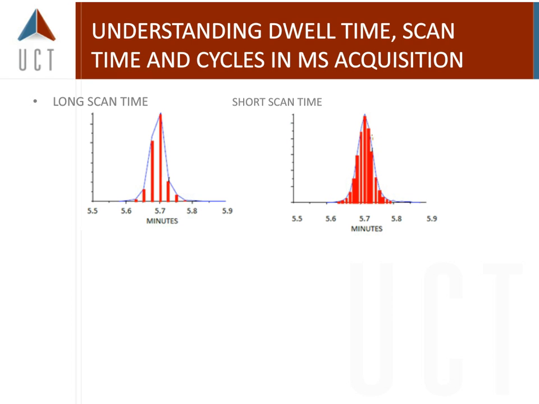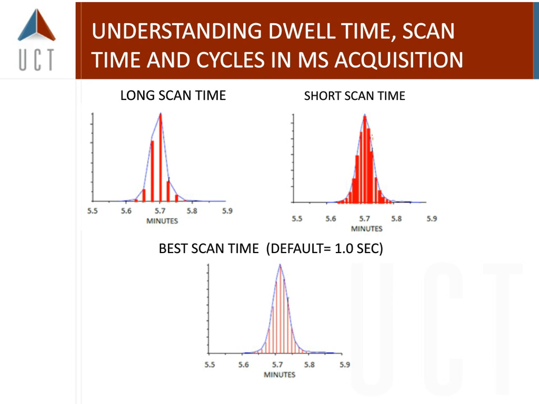Here's another slide that shows a shorter scan time, and what you see now is more and more points being generated on that curve. That in itself might give you a better shaped peak, but at the same time, if your scan time is too short, you might be giving up some sensitivity on the other side. So what you're looking at is 3 things. Just try to remember that your scan time is the time through the amount of ions that you're looking at, the amount of transitions you're looking at, and how it's going to put points